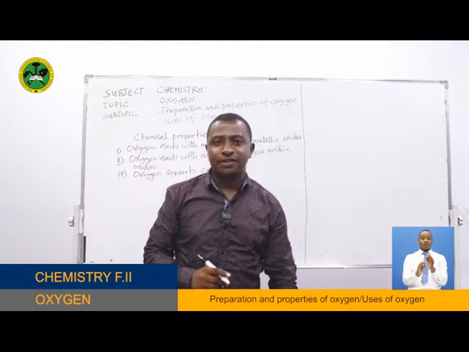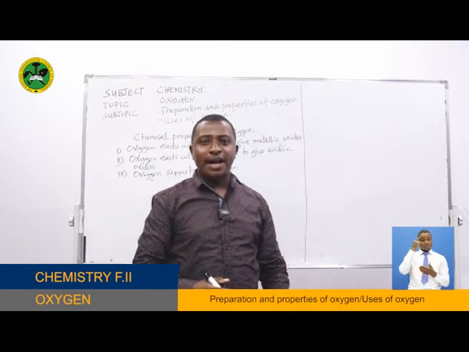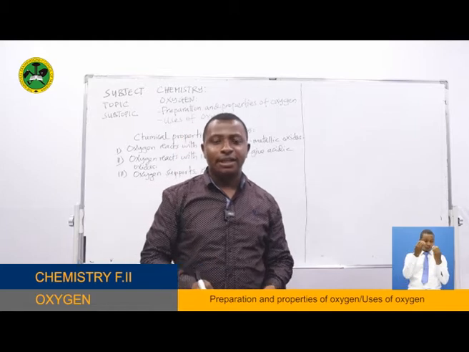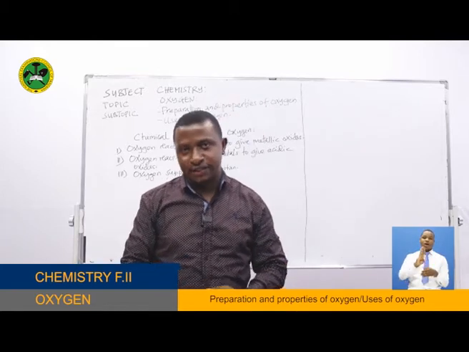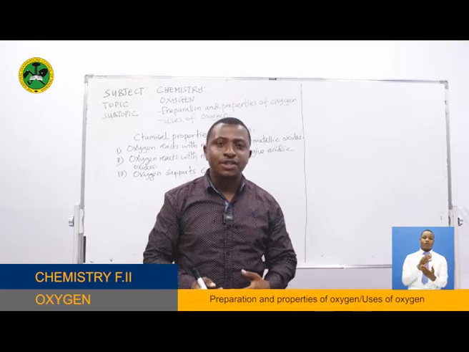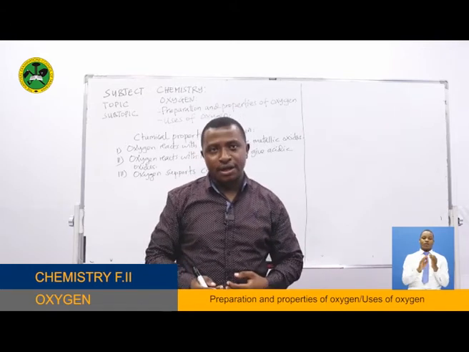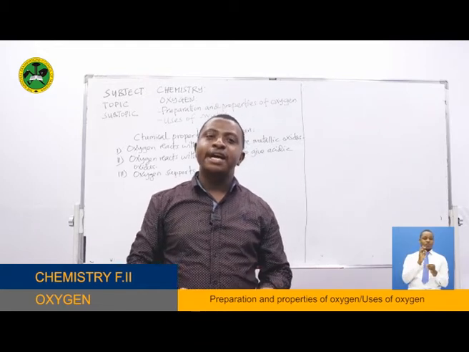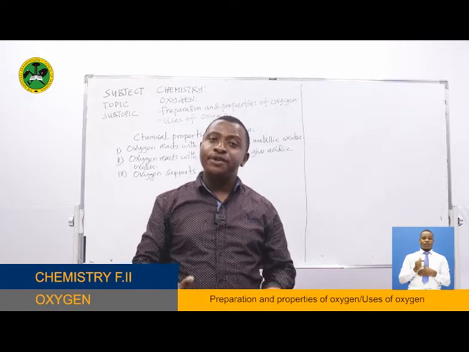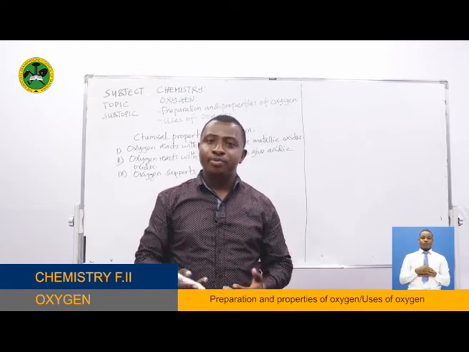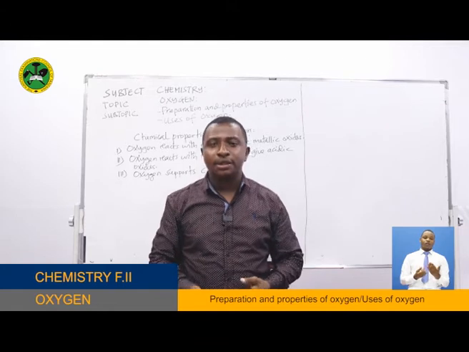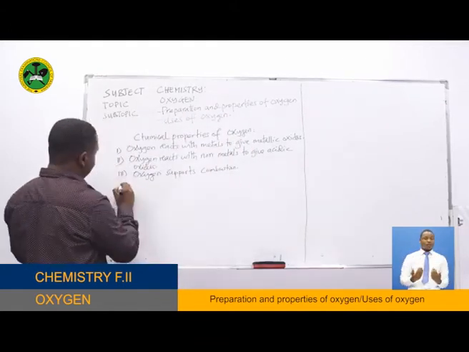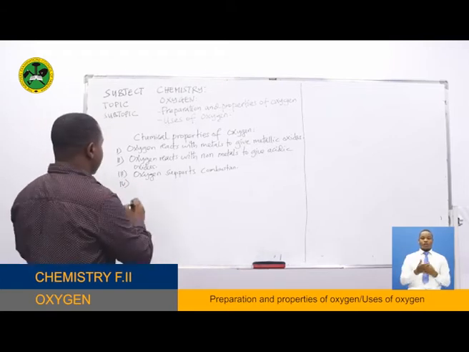supports combustion, dear students. You know what is combustion? I think you read it when you were in Form 1. So oxygen supports combustion. It supports burning of substances. It's because oxygen burns some fuels, but itself it does not burn. So that is the chemical property of oxygen. And when fuels are burnt by oxygen, they produce heat, light, and energy. So oxygen supports combustion. The other chemical property is that